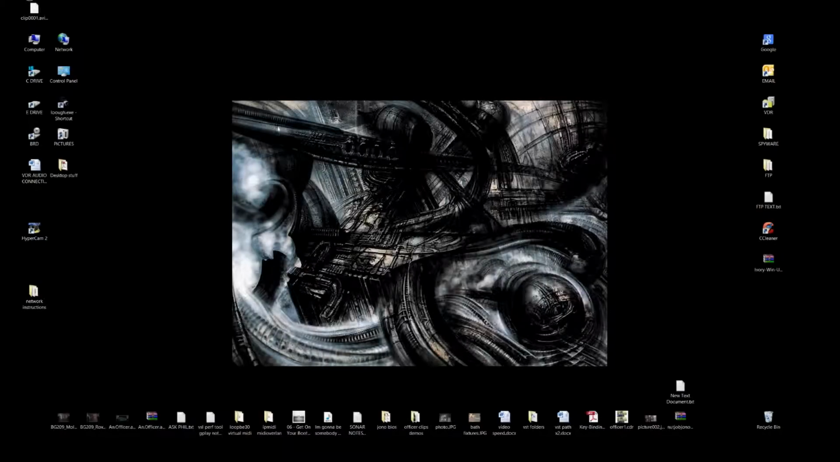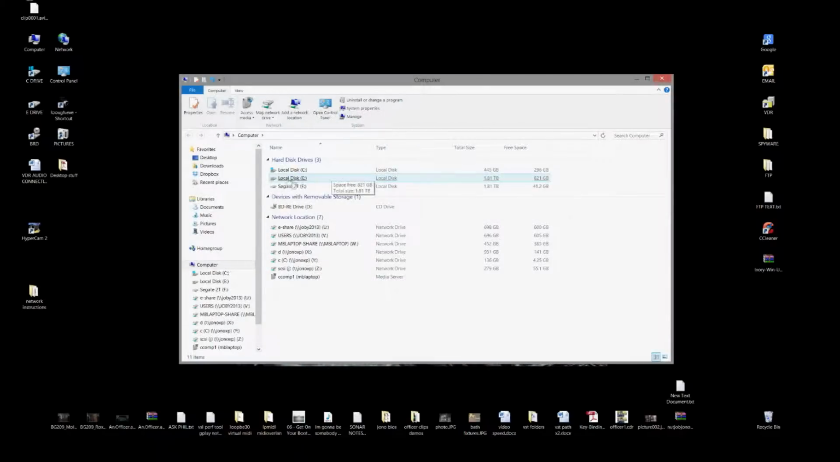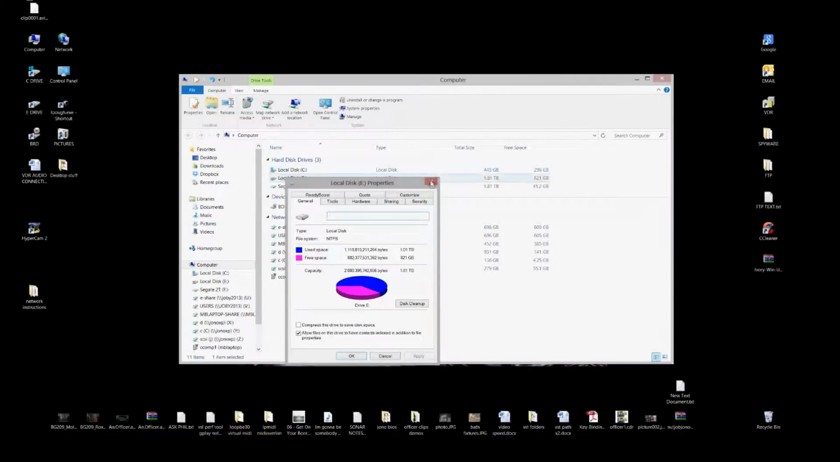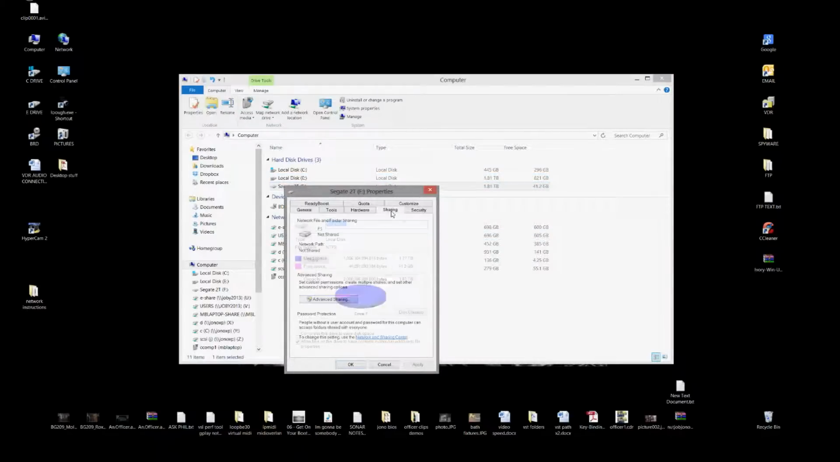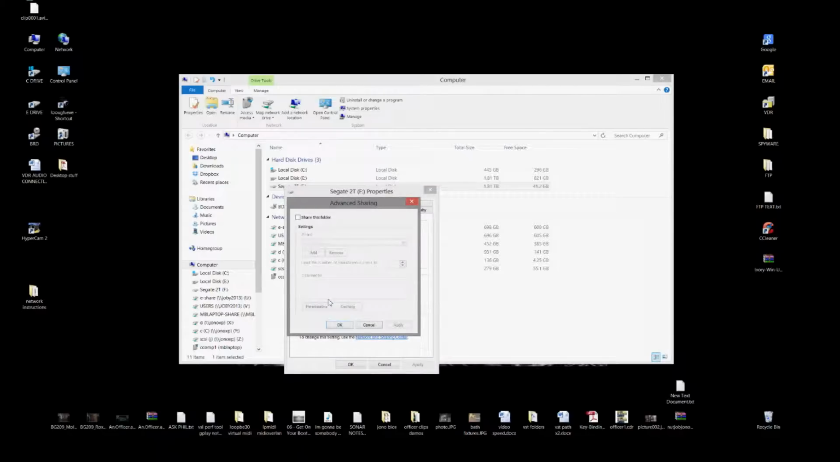Okay, step three is going to be to go and share the drive that we just changed security on. Go back to my computer. Now normally you'd go to E, properties, sharing, but I've already done it, so I'm going to do it to a drive I haven't shared, okay? So right click on it, properties, sharing. It says not shared. So you go to advanced sharing, share this folder, and then